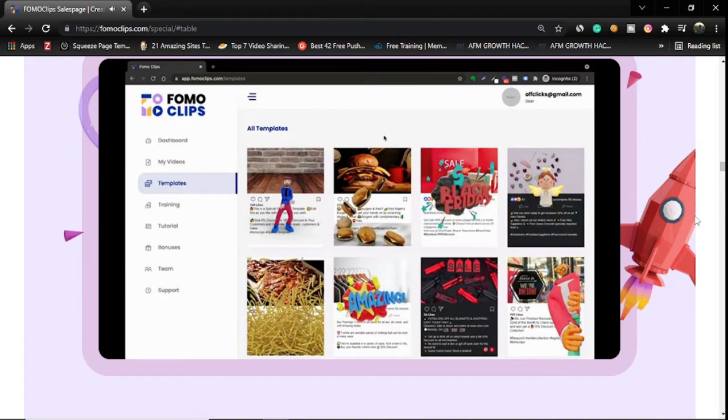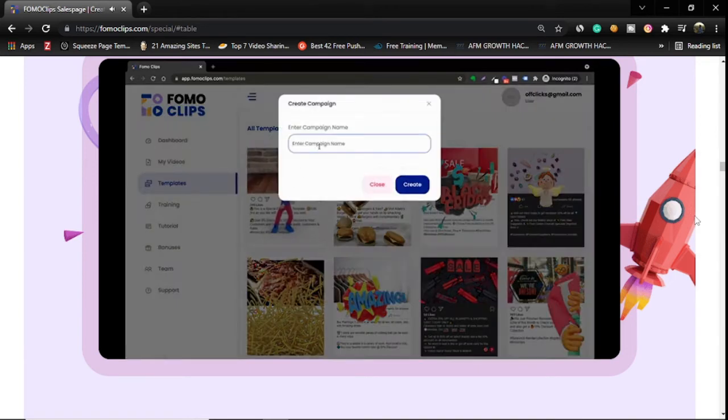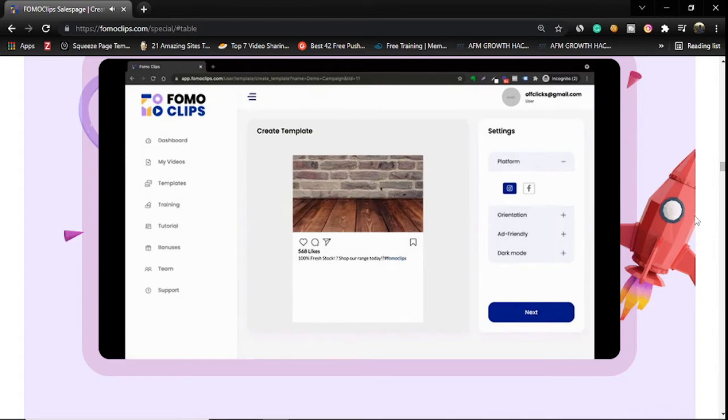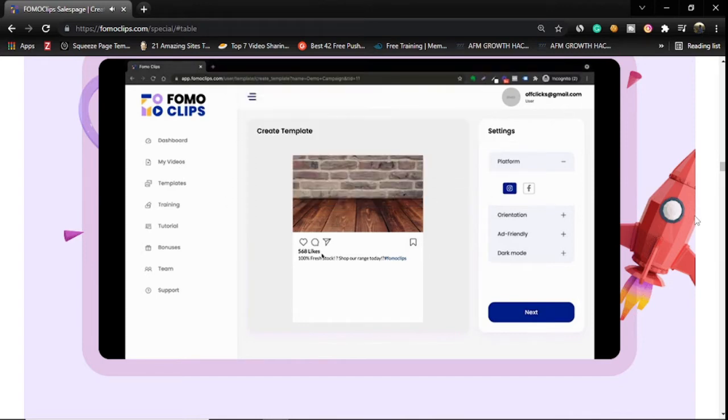So for example, if you want to edit this template, just click on it, give your campaign a name. So for example, demo campaign. Click create. And you can also edit the text. You can change the image just by double clicking it, or you can change the number of likes, change the